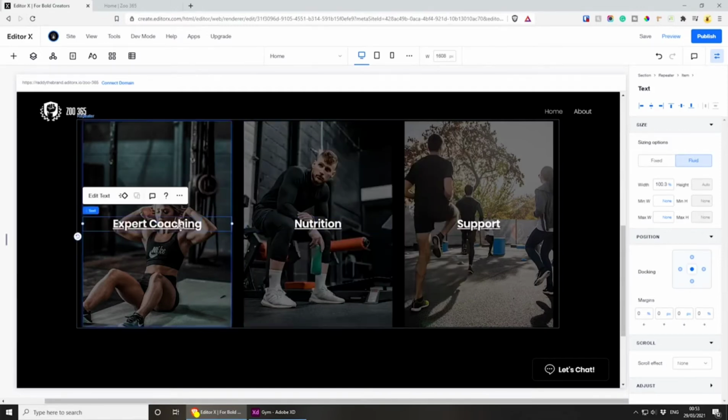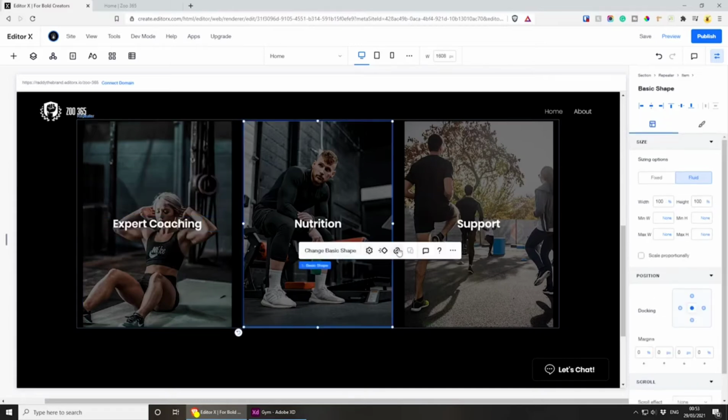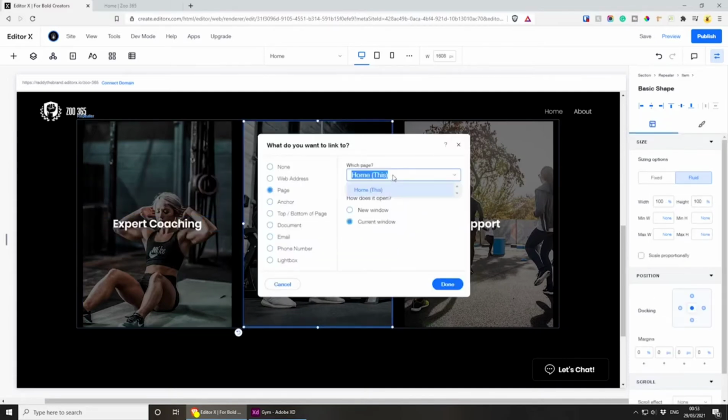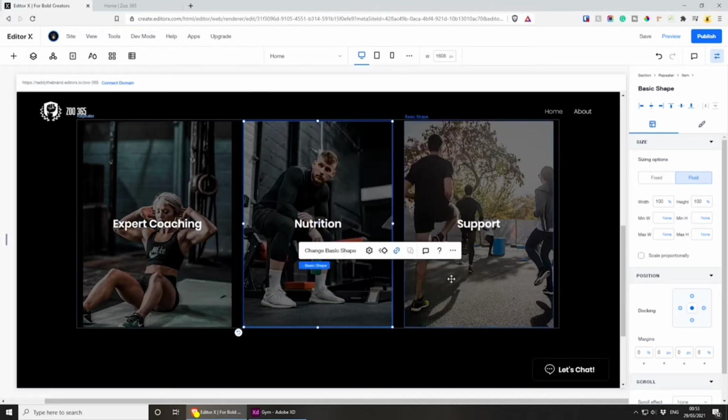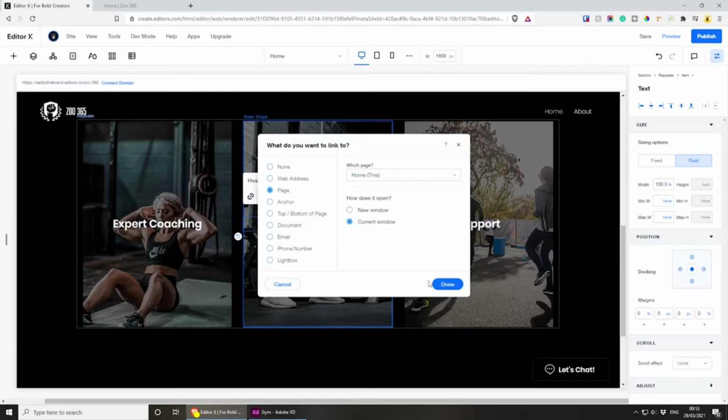But if you wish to remove the underline from the link, you can do that by going to edit the text and just clicking the underline. We're good to go. So I can link this as well. Click on the link, page, you select the page. We could have created another page, but oh well. So if we edit text, link, page, select one,